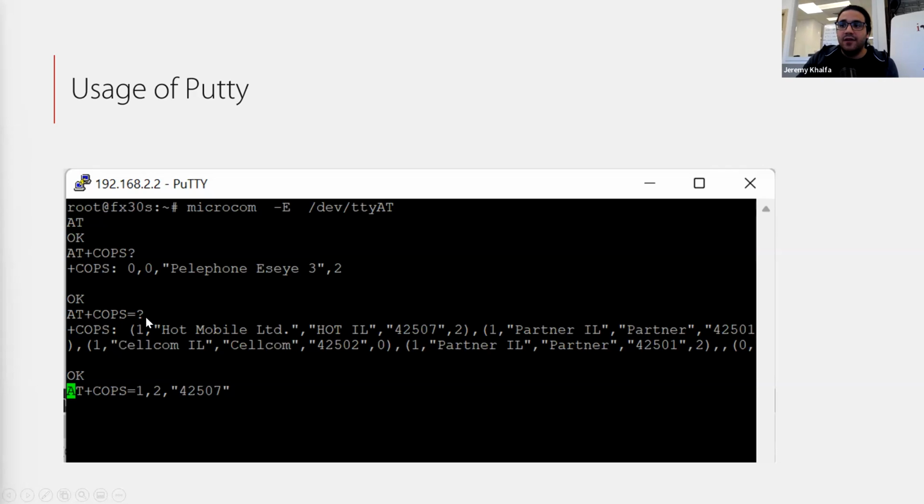Then here I wanted to list all the available carriers that the unit can detect. So here it detects, for example, Automobile, Partner IL, Cellcom, and again Partner IL. Okay, so here I wanted, for example, to change to Automobile. Currently it's on Telephone. It's not even listed, so I had an issue. I wanted to change to Automobile. So here is its ID,